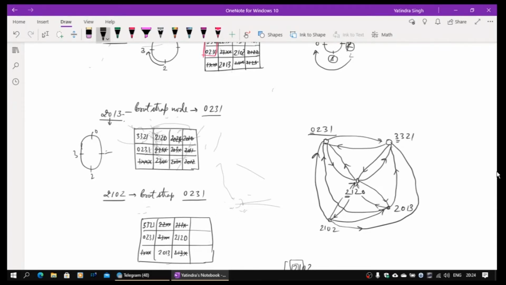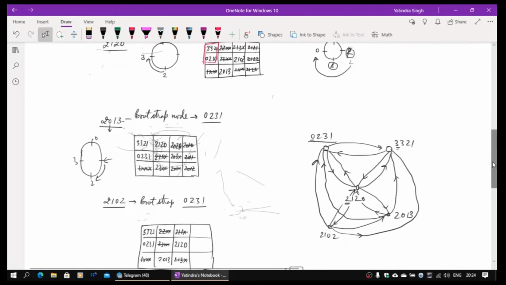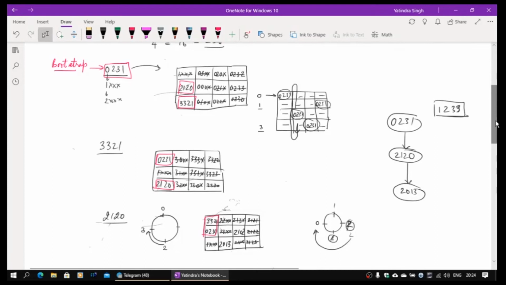So 1 will be somewhere here. So it's going to always map to 2. So 2013. So it goes to the next column. It will search for now 2, because we are looking for 1, 2, 3, 3. Remember. So once it looks for 2, I have in the second column 0, then 1. So it will come back to 2 only, which will be 2013, and there is nobody after that. So 2013 is the root node. You start with any node, this will be the root node for this guy.